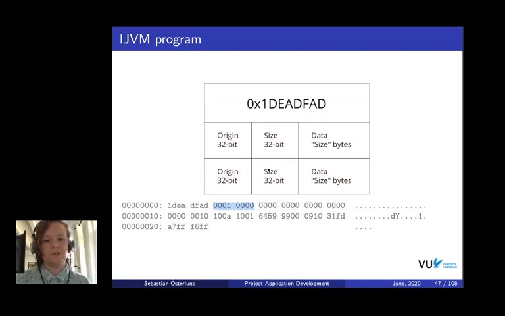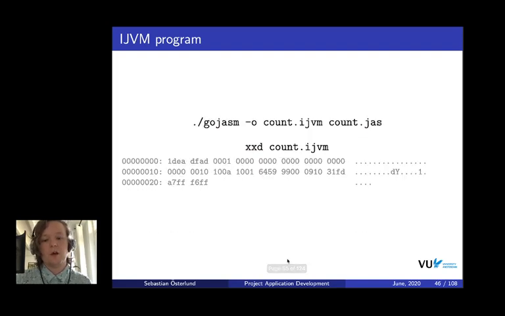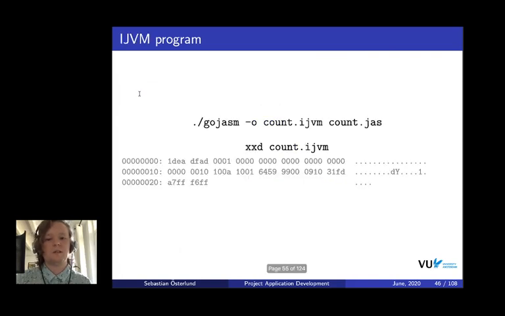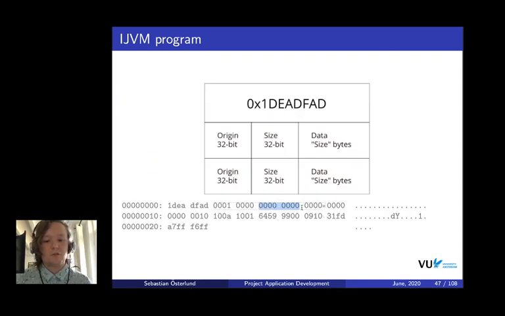Then there's a size, which is also 32-bit. It turns out this program doesn't have any constants, so the size of the data part here is 0. If we go back to here, we can see there's no constants defined in this program at all. So the size of this one is 0, so there's nothing there. Then we continue on to the next block here, which is again an origin address, which happens to be